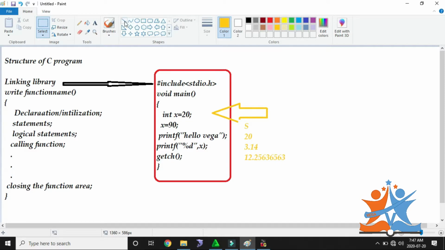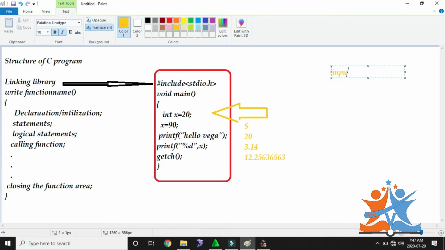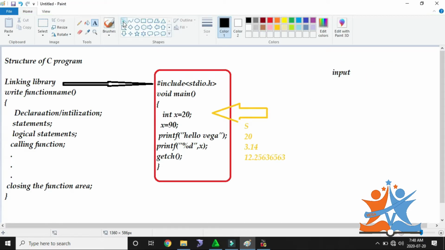Take an example, input. First thing is what? Input. Based on this, these inputs are mainly categorized into parts. One is alphabets, we can pass it.